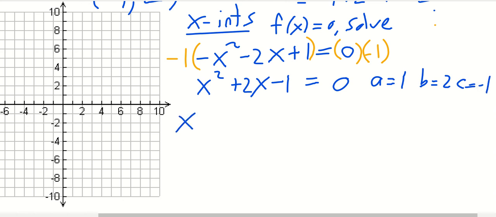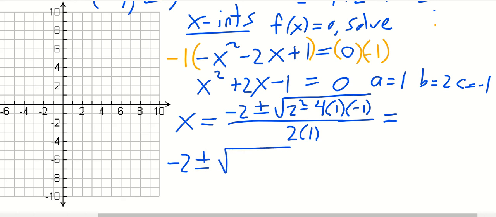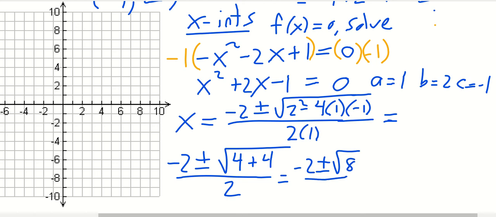So the solutions to this equation are going to be x equals the opposite of b, that's -b, plus or minus the square root of b squared minus 4 times a times c, all divided by 2 times a. This is equal to -2 plus or minus the square root of, we have 4, that's 2 squared. Then we have -4 times 1 times -1. That will give us a +4, all divided by 2. This is -2 plus or minus the square root of 8 over 2,